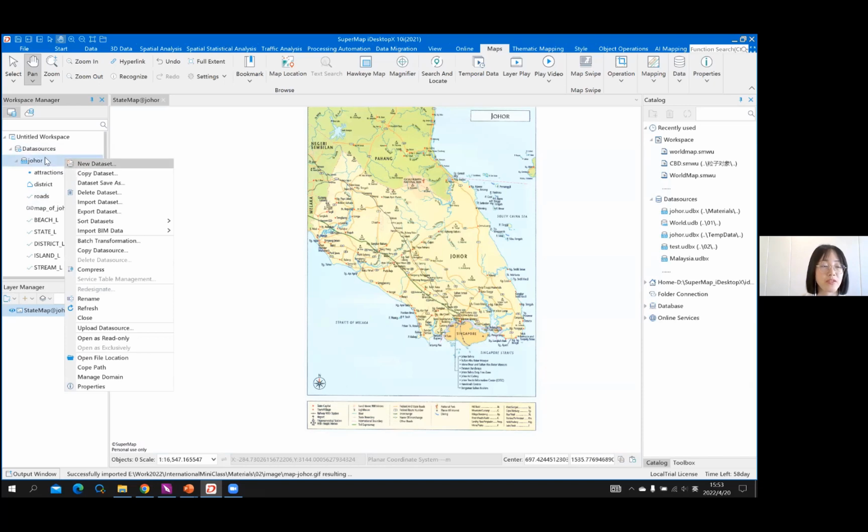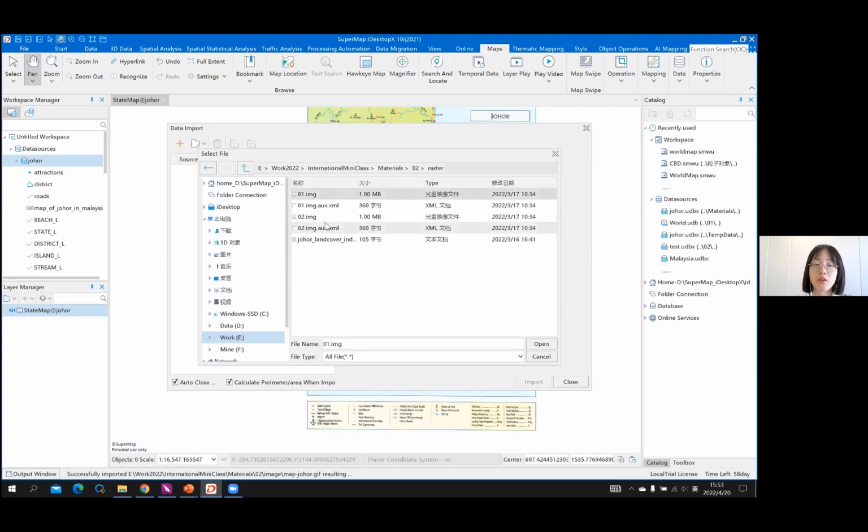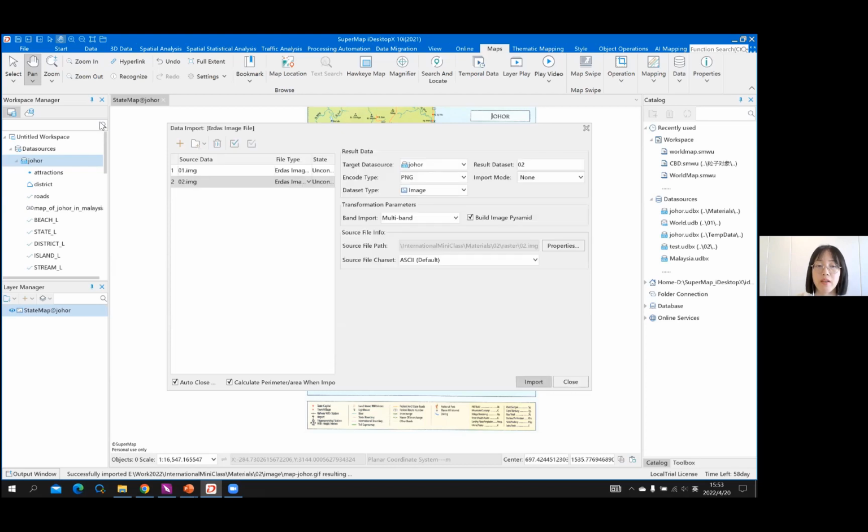Still, here right click on the data source and choose import data set. And here we will navigate to the folder called raster. And here we provide you with two raster files, 01 and 02, and you can choose both of them and then click open. And similar to our import of the shape file, we can set the parameters for these two raster files separately. Like for 01 here,